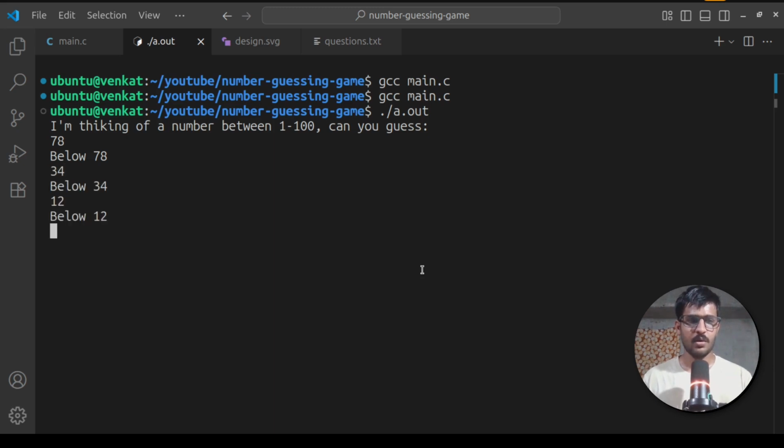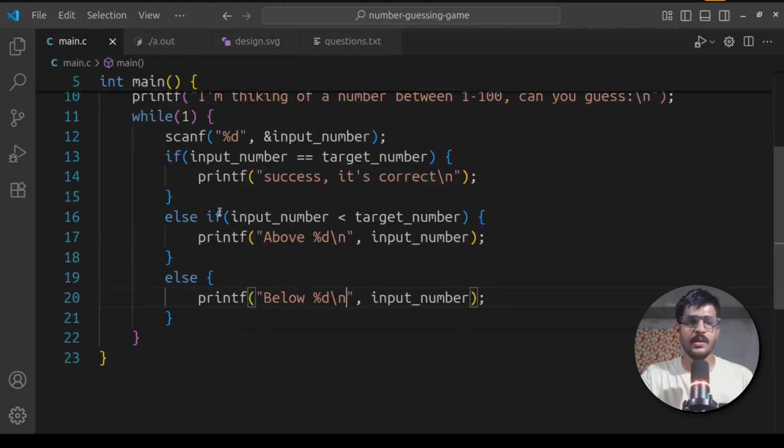Below 34, 12. Below 12, 6. Oh my god, below 6, 2. Above 2, and below 6, 4. Below 4, above 2, 3. Yes, it is correct. See, the program is not ending even if it says success, because we didn't break out